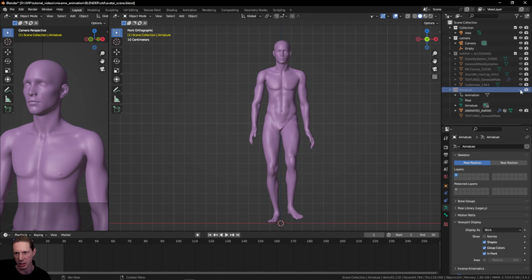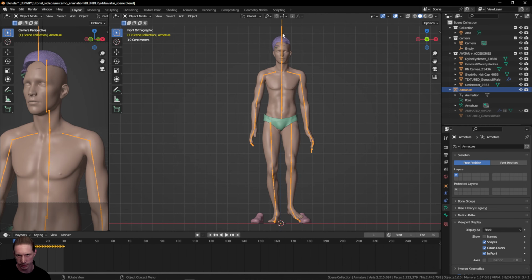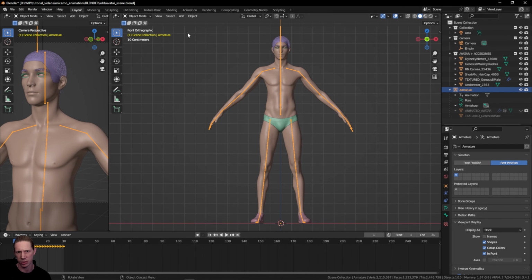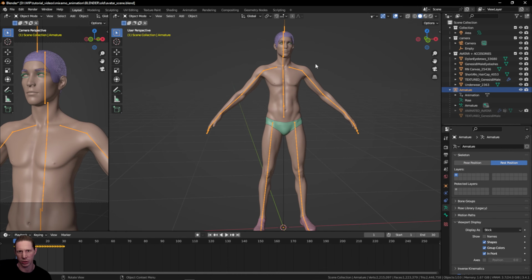But we do need this to be set up correctly in the end. So for now, I'm going to turn off the visibility of my original avatar and just look at the things from my original Daz export. So choose your armature, go back to rest position so that we're in the rest pose, the T pose that we started off with. And now we want to transfer all of these other objects to our armature